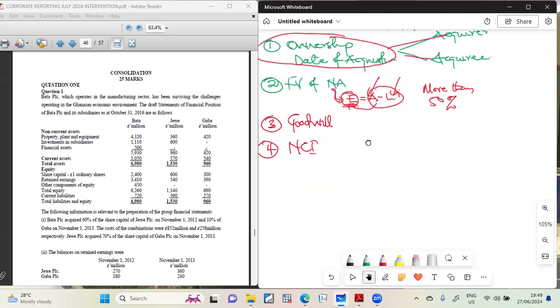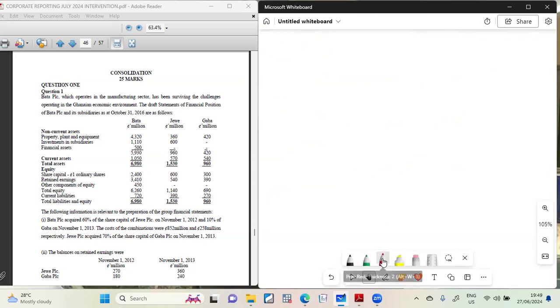Okay, so now let's draft it. Let's go to this one and draft it. So workings 1, let's fish out. If you're able to do your workings 1, it helps you a lot. This one says Better PLC operates in the manufacturing sector and has been